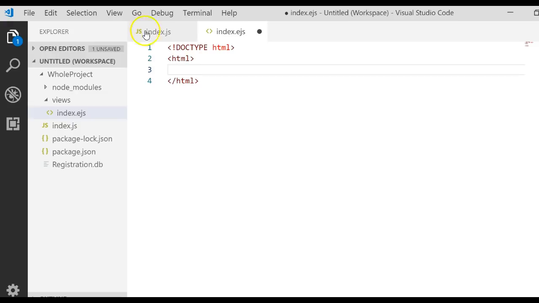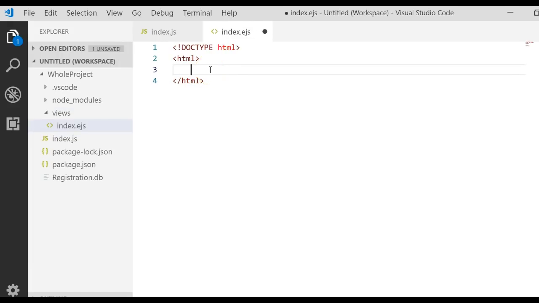And if you notice, the system isn't helping me anymore. Visual Studio is not helping me doing my coding and closing off tags. So let's go ahead and finish off our HTML file. We'll have our head, we'll have our body,